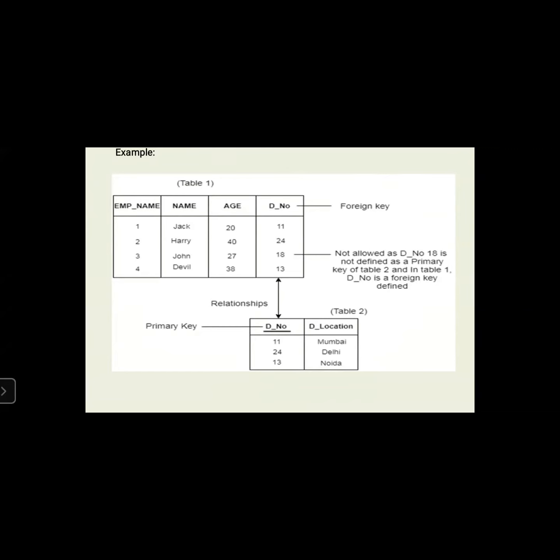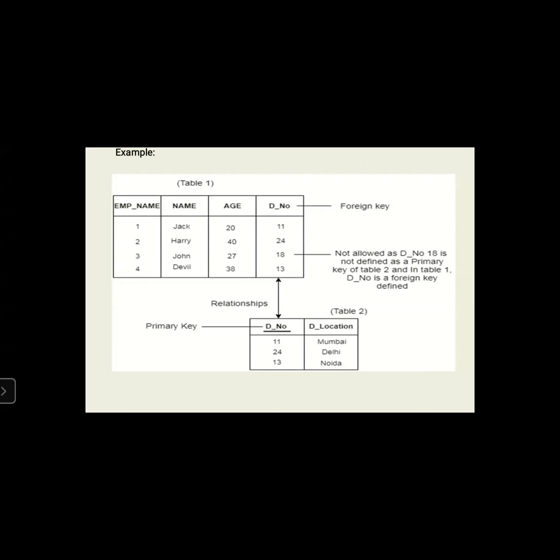Because it maintains the primary key, and that primary key is referred to by the other table. Please remember this. In this example, table 2 is the primary table, and its primary key is referenced by the other table, the department table.